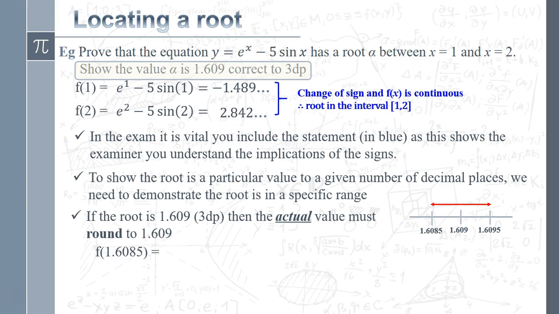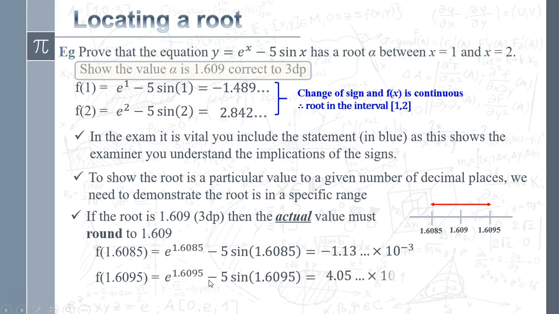So on we go again. Let's just do the same thing now. So there's our first one, in it goes, and we end up with a value in standard form, times 10 to the minus 3. I don't really care how big that number is. All I'm particularly bothered about is the sign of it, and this one here is a negative. And then if we put in our upper value at the upper end of our range, we end up with a positive value,